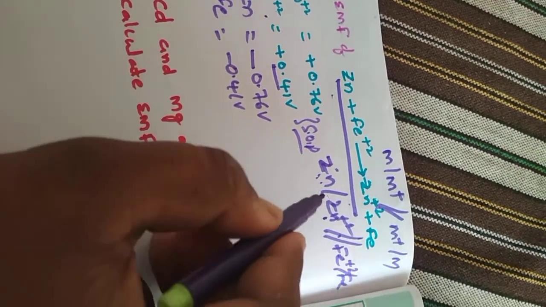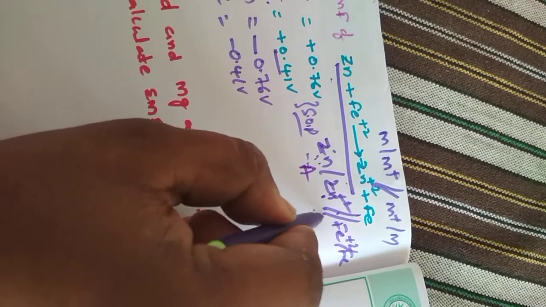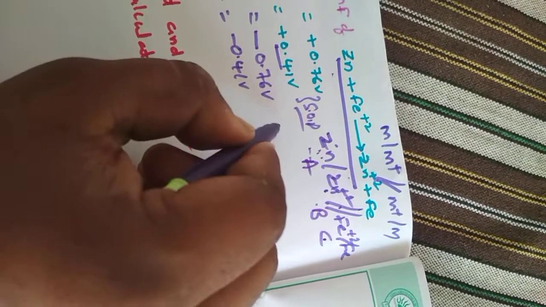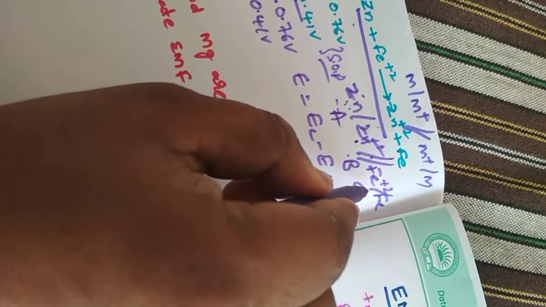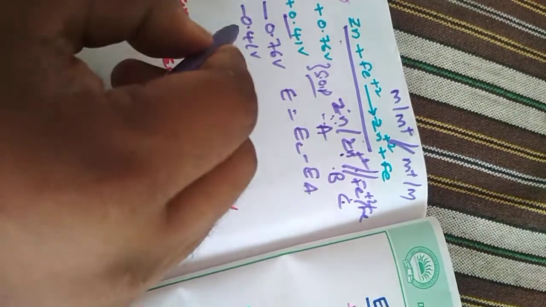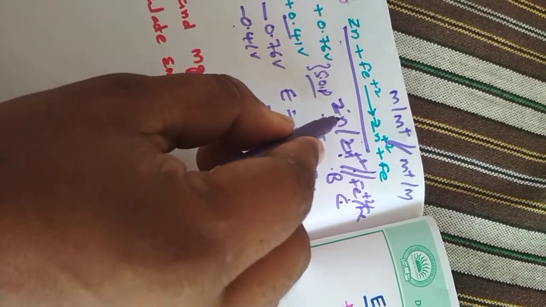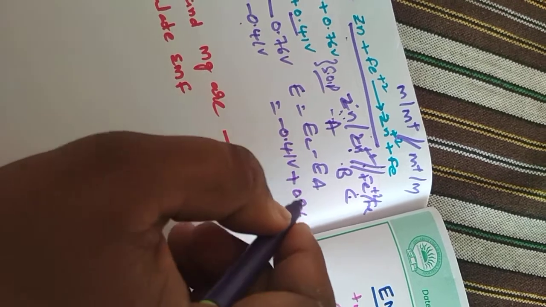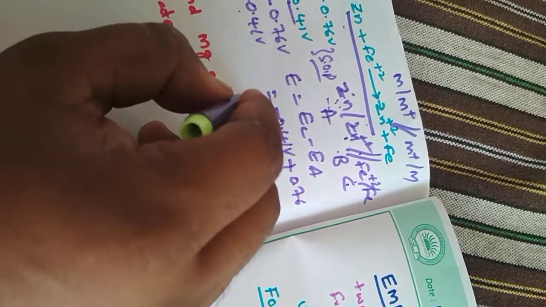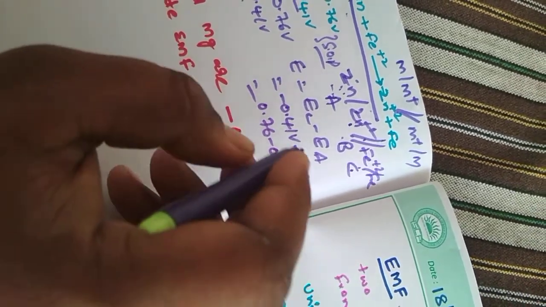So this is the cell formation, and we have to calculate the EMF. Simply we construct the ABC. In place of C, what is the formula to calculate the EMF? EMF equals EC minus EA. In the place of C, we have iron. What is the value of iron? Minus 0.41 volts. In place of A, we observe zinc. What is the value? Minus into minus 0.76 volts. Simply, we can get the value: 0.76 minus 0.41 volts. In this way, we can easily calculate the EMF.